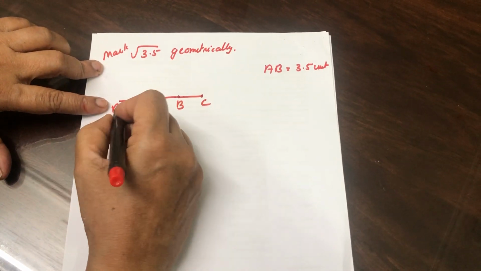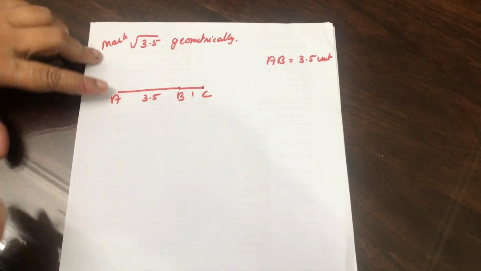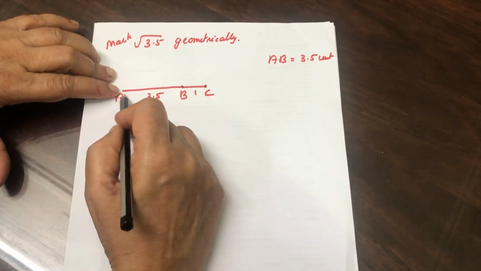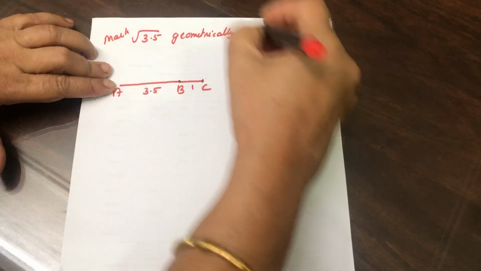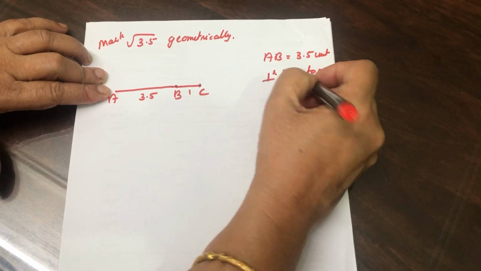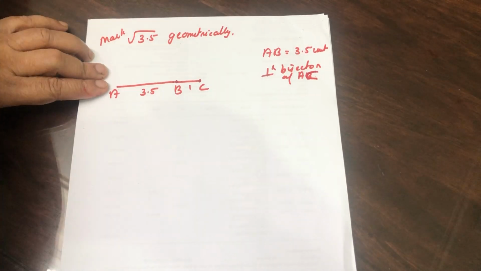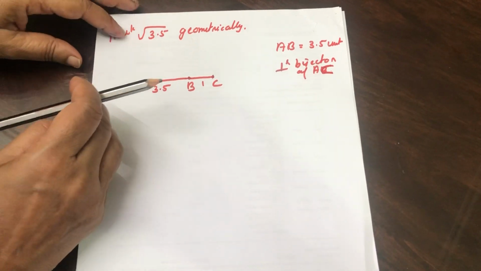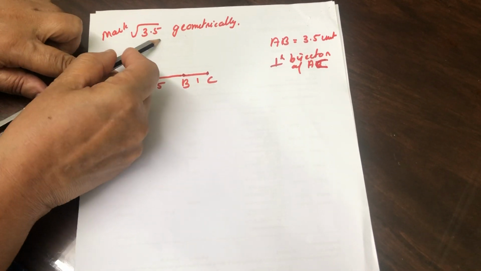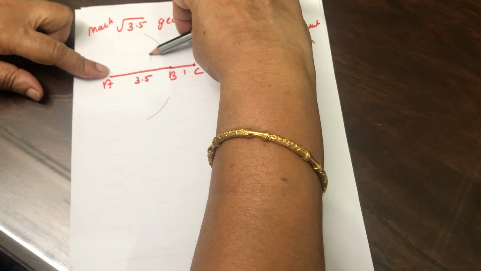Therefore AB is our 3.5 units and BC is our 1 centimeter. Then you have to find the perpendicular bisector of AC. That means you have to find the midpoint of AC. Take your compass, take more than half of AC like this, then draw an arc on this side and this side, and in the same way from here mark this side and this side,